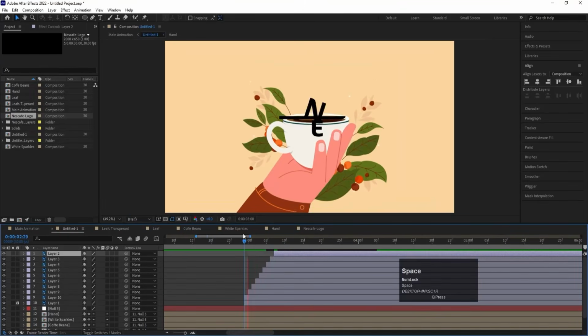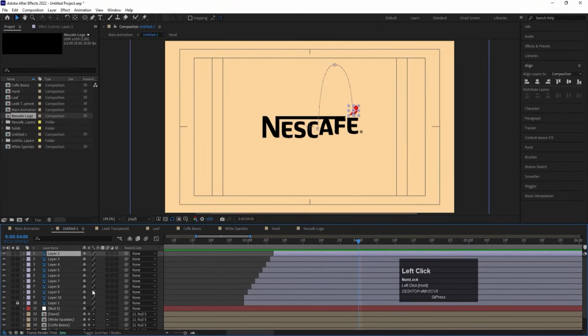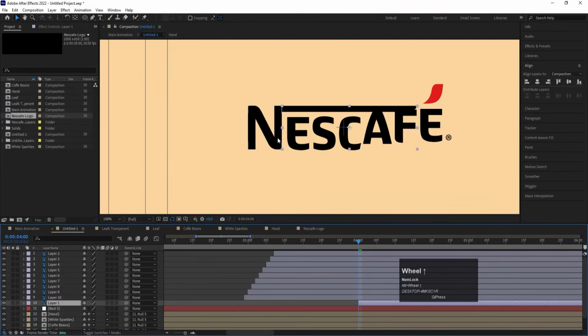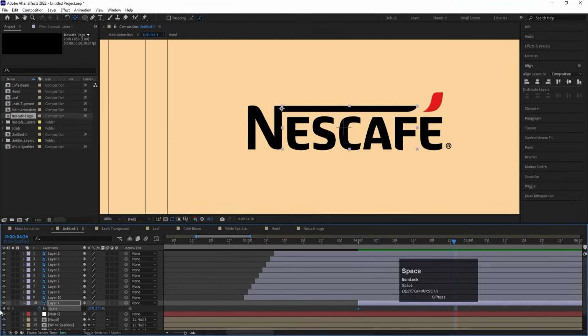Okay. Like this. Then when this is happening, I'll select this line which is over here. With the help of open square bracket, I'll move this over here. Press Y for pen line tool and try to adjust it over here. Then press S, unlink this, create one keyframe, go few frames forward, create another keyframe, and at the start, let's